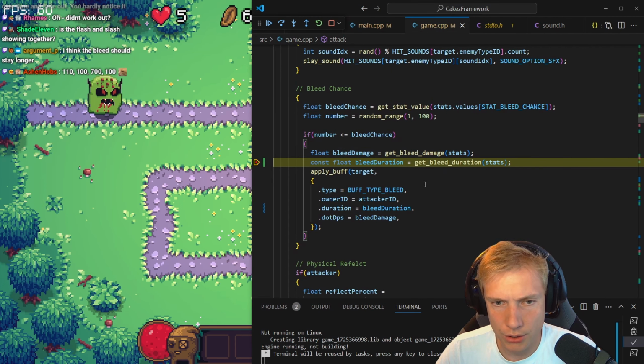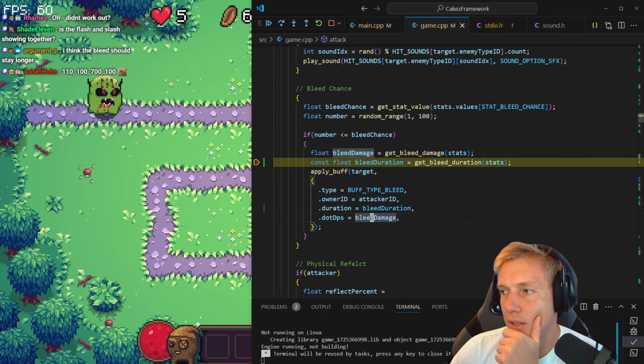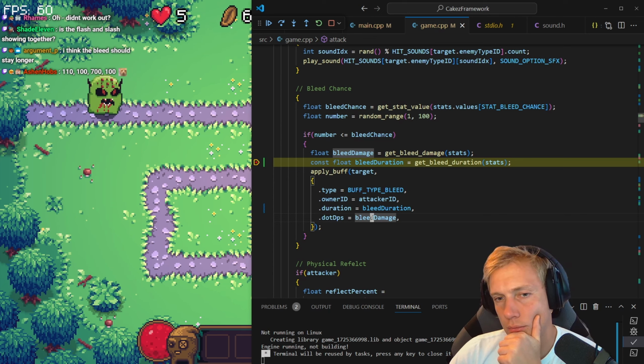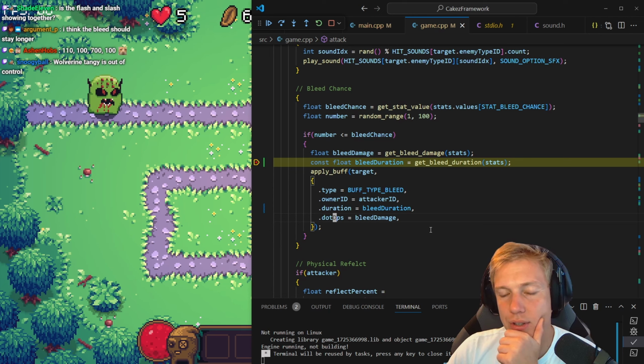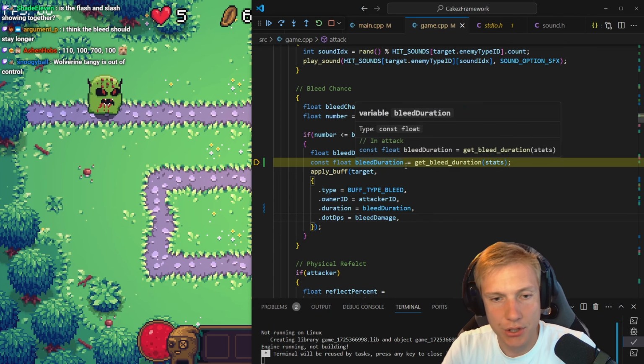Bleed damage. Yeah, so that's the dot DPS. Well, wait, no. Bleed damage is how much damage we deal over 1 second. That's not the DPS. This is the dot damage. Yeah, I know what it is, guys. So essentially,